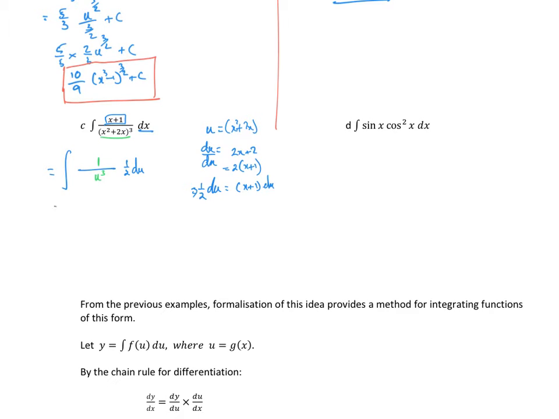So now it equals the antiderivative of, well, let's bring the half out the front, u to the minus 3 du, which is equal to 1 half, add 1 to the power, u to the minus 2 on negative 2, plus some constant, which is minus 1/4 of u to the power of minus 2, with u being x squared plus 2x. We might write 1 on 4 times x squared plus 2x, all squared, plus some constant c. Okay? Alright, next one we want to have a look at involves some trig functions,